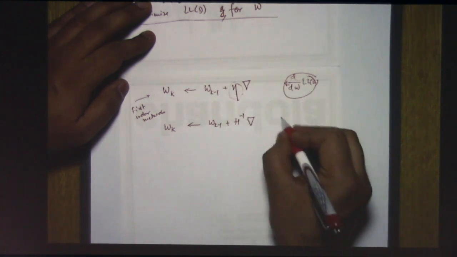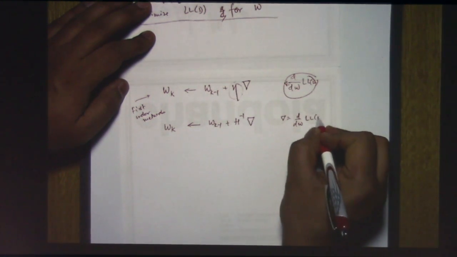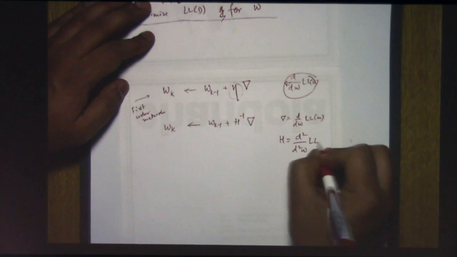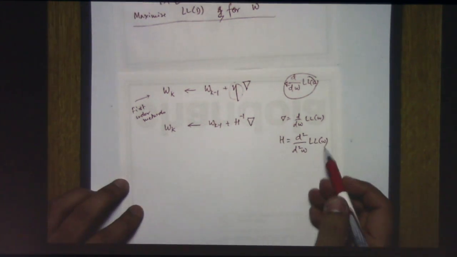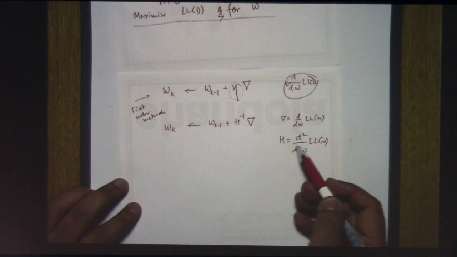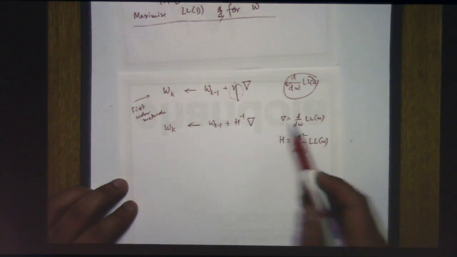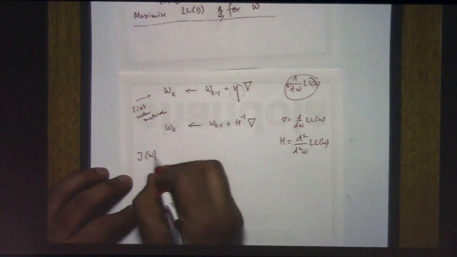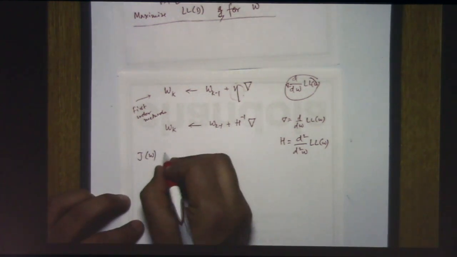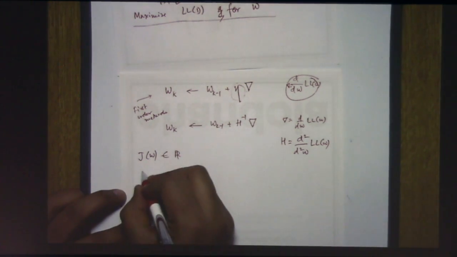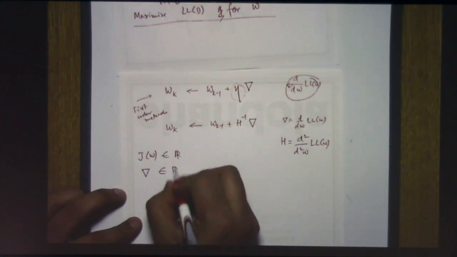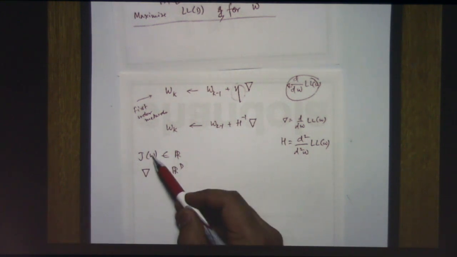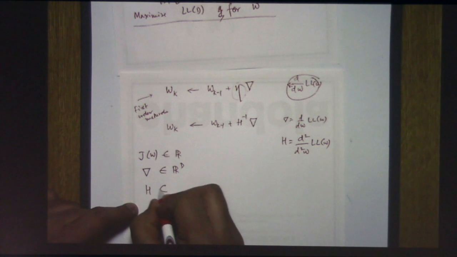So the gradient is again the first order derivative, and the Hessian is actually the second order derivative, right? So you know how to do the second order derivatives, right? So what you do is you compute the second order derivative, multiply the inverse of that with your gradient, and you move. So if your function is J, let's say J is of course a scalar, your error, right? So J belongs to R, then your gradient will belong to R^d, which you have computed, right? That's the error gradient, because you want to compute the derivative with each element of your w. And the Hessian is actually a matrix,